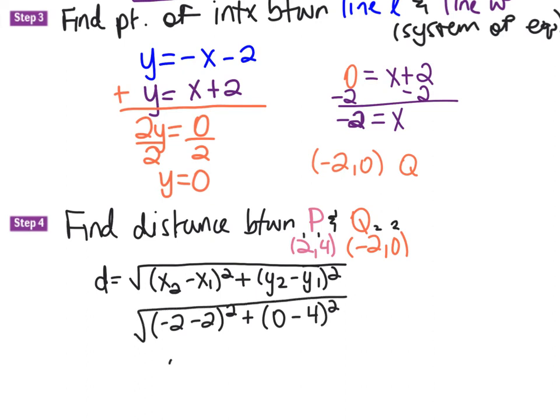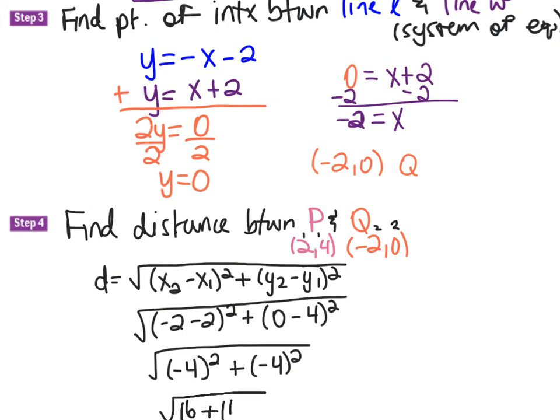Take the square root of -4 squared plus another -4 squared. We're left with the square root of 16 plus 16, giving us a total of the square root of 32. When that is simplified out, we get 4 square root of